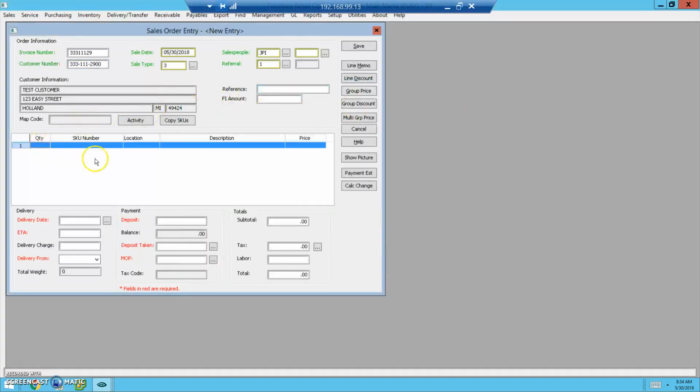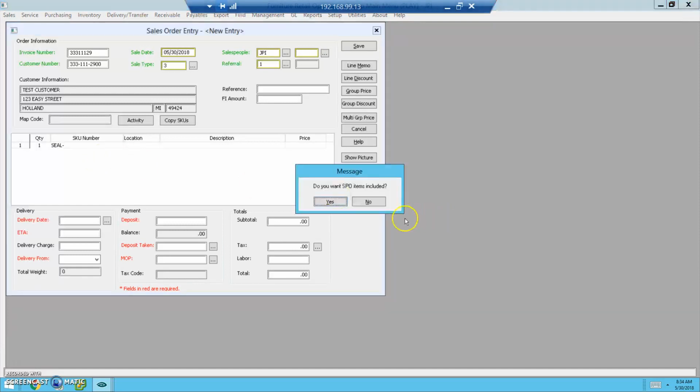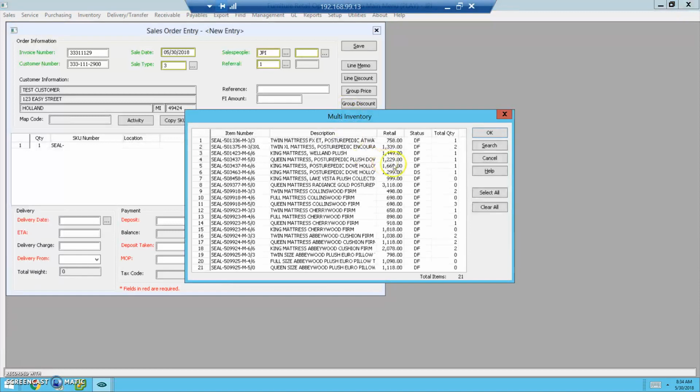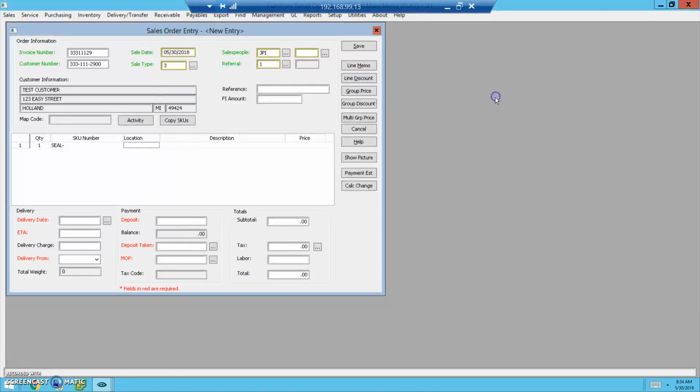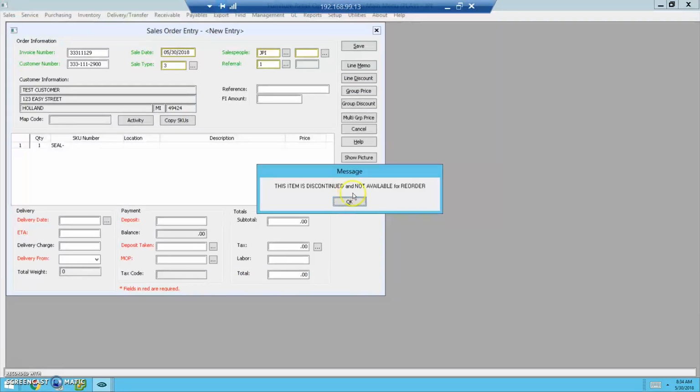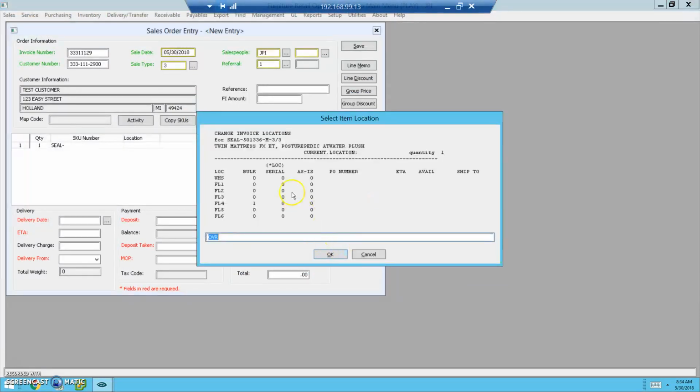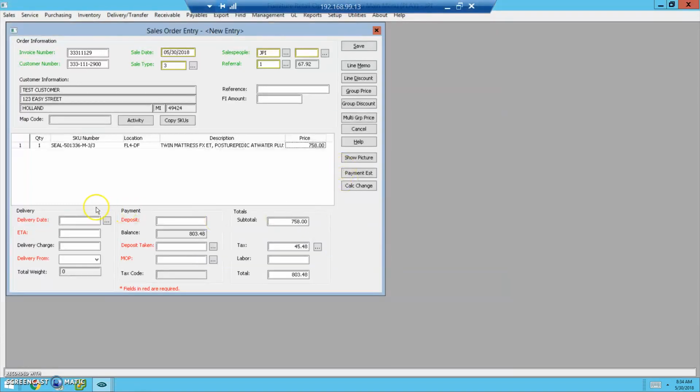So moving down here, I'm going to pop quantity 1. I'm going to grab a particular part that I can find. And then I would run through and complete the required order information,